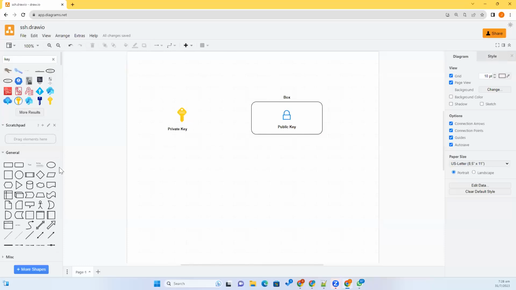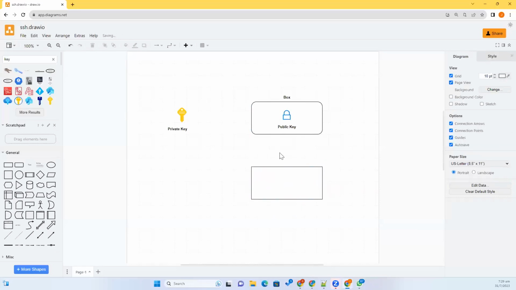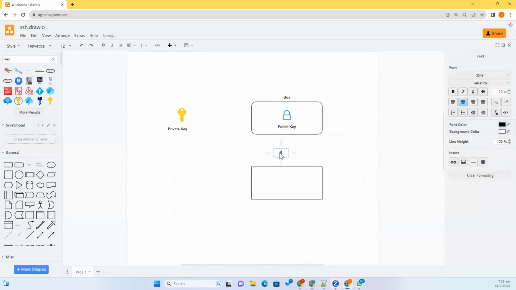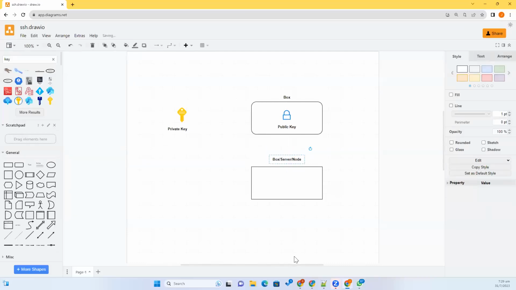So similarly, there will be a Linux server. So generally we call Linux server also as box, server, node. You can call it with anything. So you can call it as Linux box, Linux server, Linux node. For example,